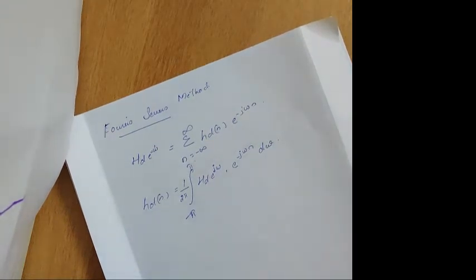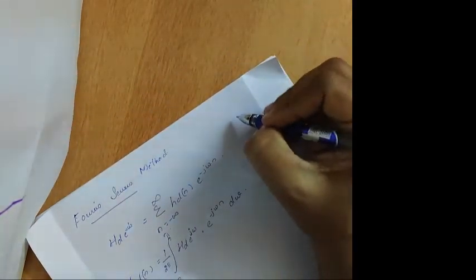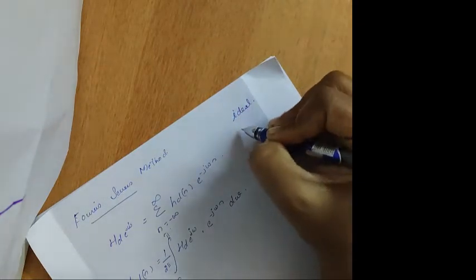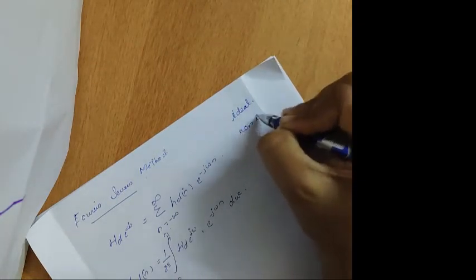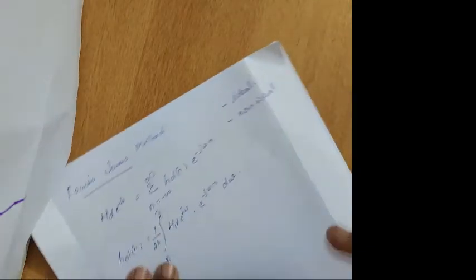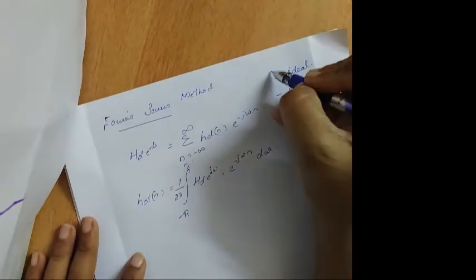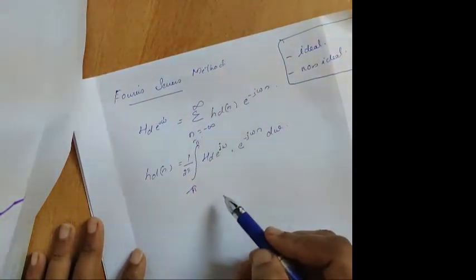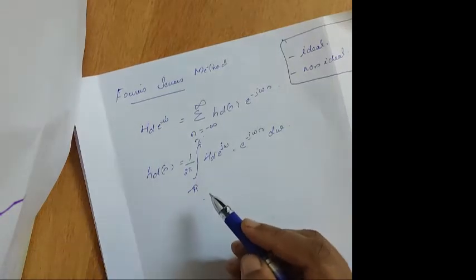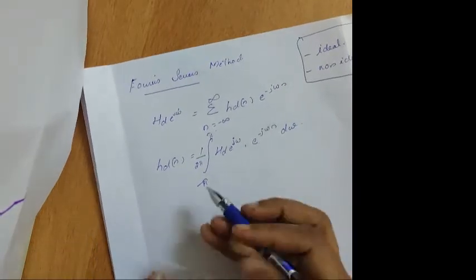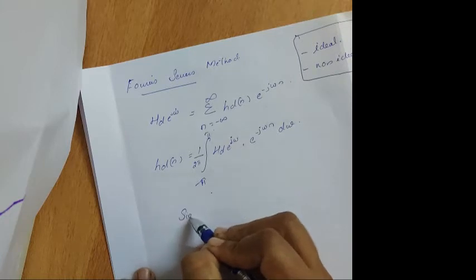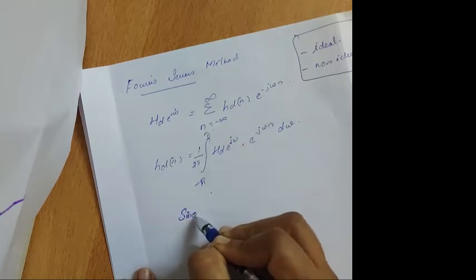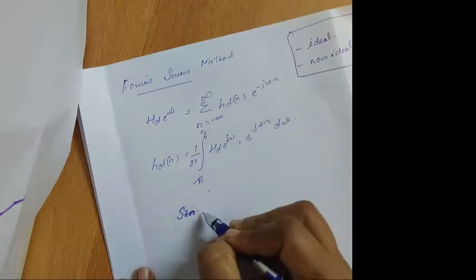Here we are going to deal with two different types of problem. One is an ideal problem and the other a non-ideal problem. Fourier series with ideal condition as well as a non-ideal condition. For K2 both will be asked. First we have to find out this. According to this, we can get an expression in terms of sine term. The answer we get from this will be in sine term.